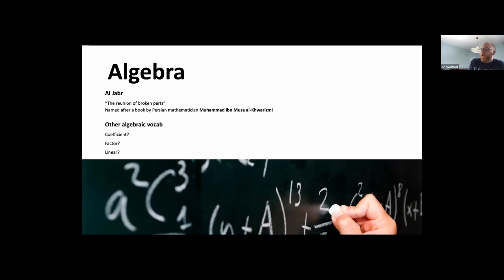Linear, I think it'd be no surprise to many of you that linear basically just means a straight line. But it's also linked to some other familiar words that are used in more commonplace ways. I mean, line, for example, but also like linen, lingerie as well. These are all related words with the same sort of prefix.